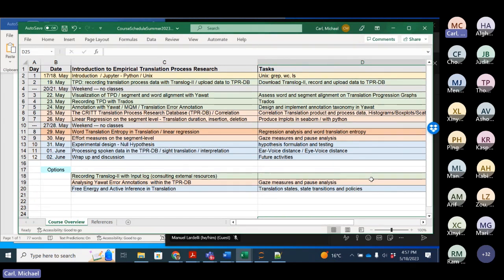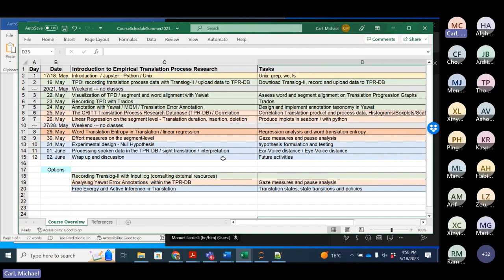So if we have an alignment on a word level or on a fine-grained level, we can then see what translation solutions translators actually produce, and whether all translators produce more or less the same word, the same translation, or whether they pick very different kinds of options and render these segments very differently.